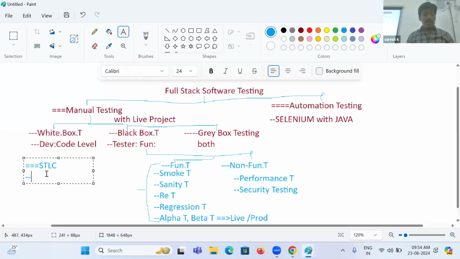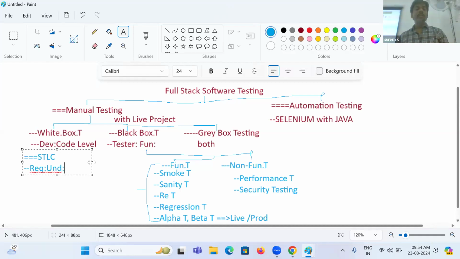As a tester, our main activity is requirements understanding, because we are the tester. If I want to do the testing, first I need to understand what I have to test. First we need to understand what exactly the requirement is, or what exactly the software is that I have to test. So that is our first activity, requirements understanding. Okay, perfect. Once we understand the requirement, the next activity,